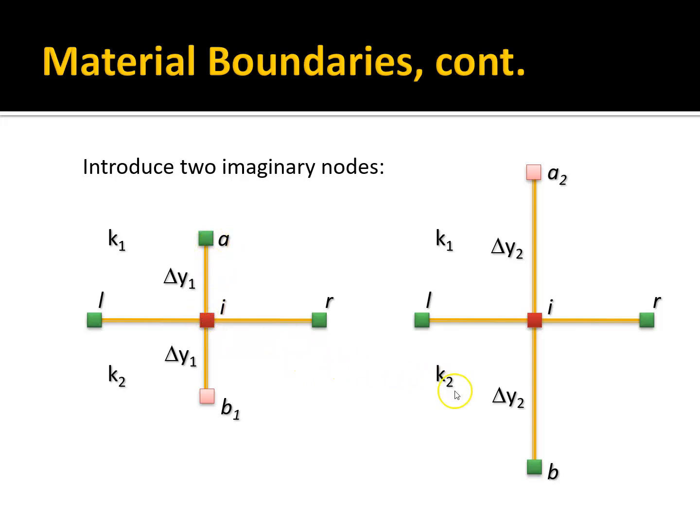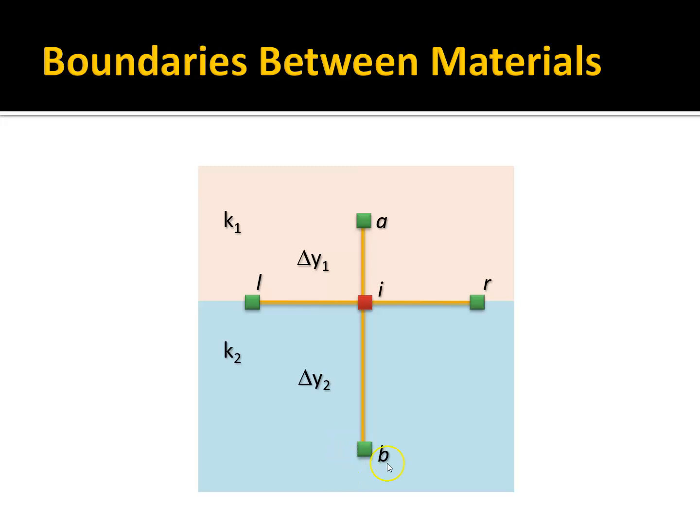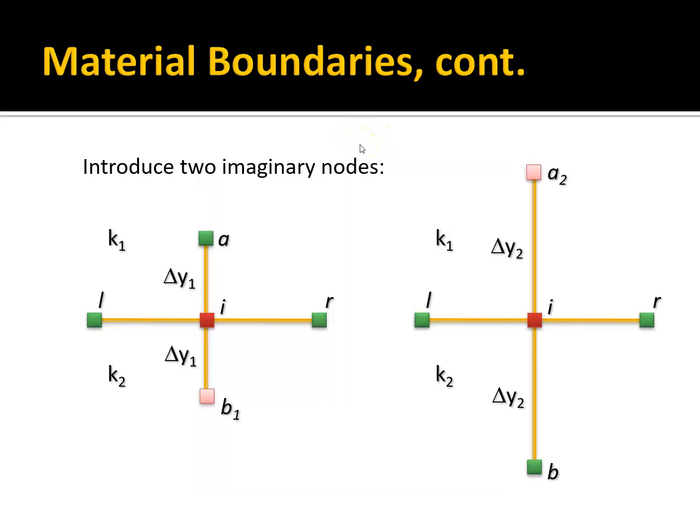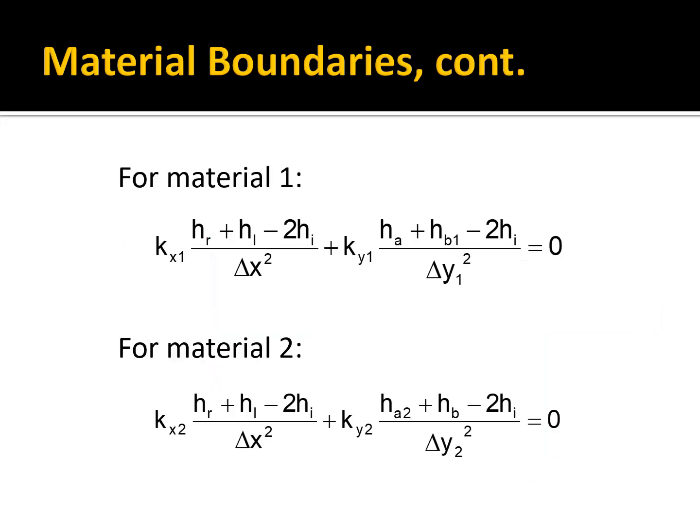And then likewise, if we look from the perspective of material 2, we're going to take the spacing that we have here, and we're going to put an imaginary node up here in material 1, which we're going to call A2, and it'll be a spacing of delta Y2. Okay, so now that we have that, for material 1, we're going to go back to precisely the same